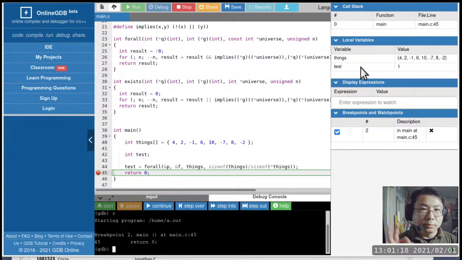So that's good. If we change the for all to exists, you know it's going to be a 1 too, because if every non-negative integer is even, and then we turn around and ask, is there at least one non-negative integer being even? Obviously the answer is going to be a 1.